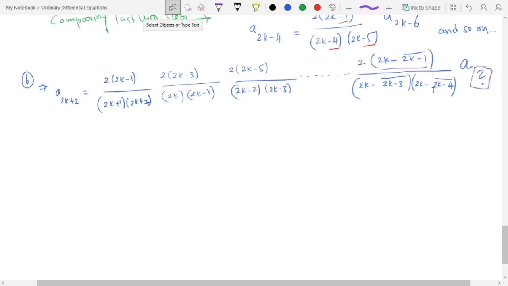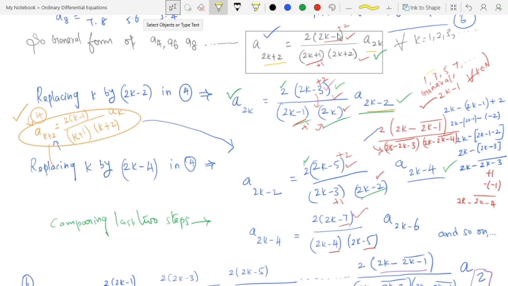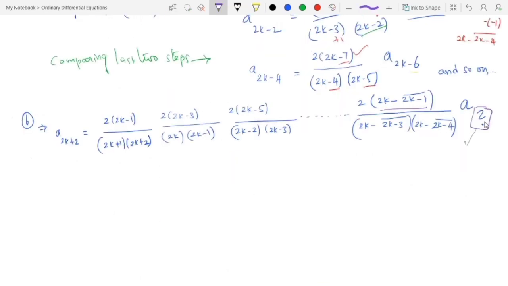To answer this question mark, again go back and compare. If it is 2k minus 1, adding 1 we get 2k. Check the same here. 2k minus 3, adding 1, minus 3 plus 1, that is minus 2. 2k minus 5, adding 1 with this, minus 5 plus 1, that is minus 4. Similarly, minus 7 plus 1, minus 6. So we have to add 1 with the term. Now can you see the answer for this question? What comes? Adding 1 with this term, is it?